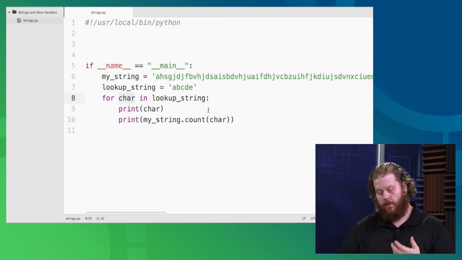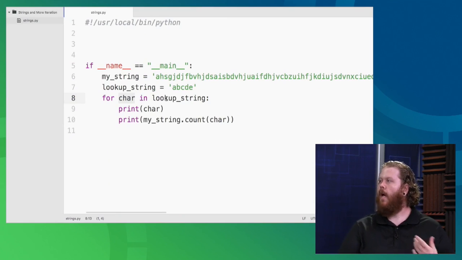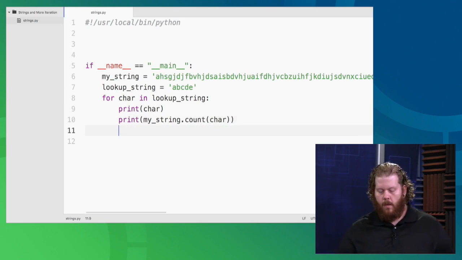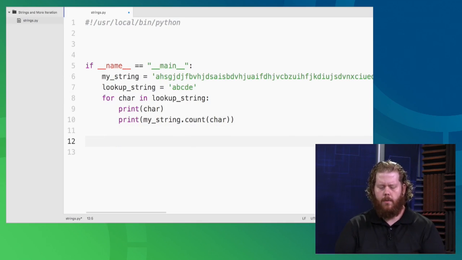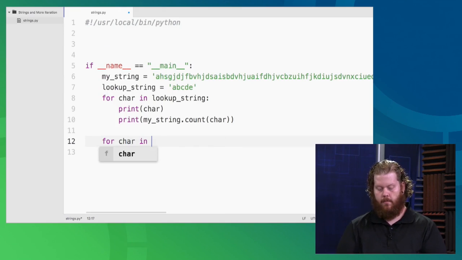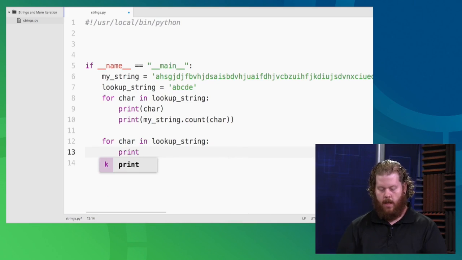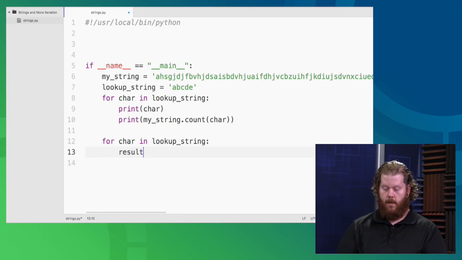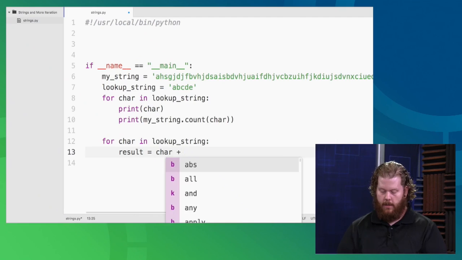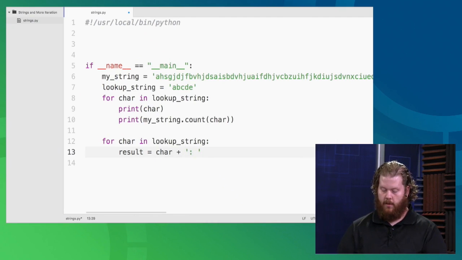As I said, strings offer us a great deal of power, but because they're a collection, I can use iteration with them. There's one other thing that we can do with strings. I'm going to write the exact same for loop, and I'm going to say result equals the char plus colon space plus